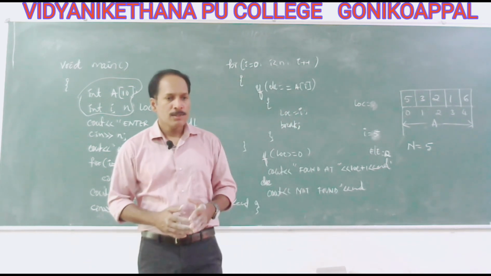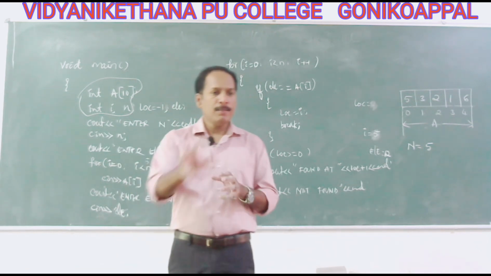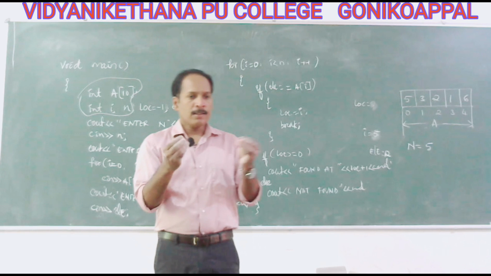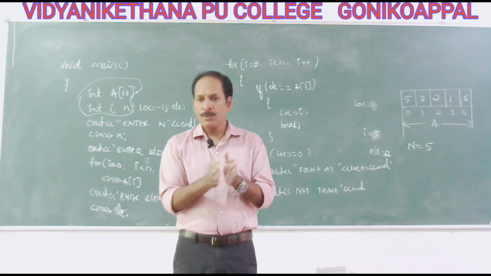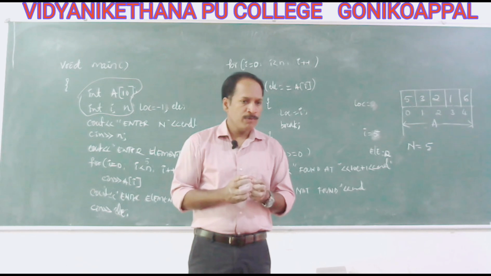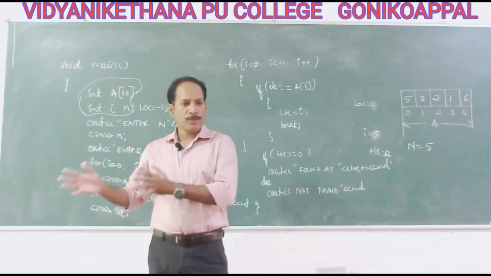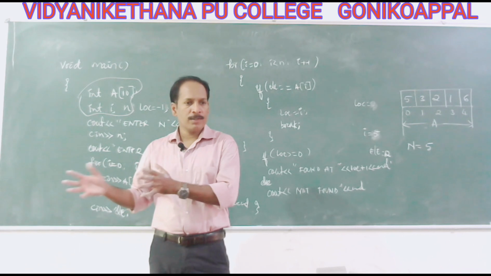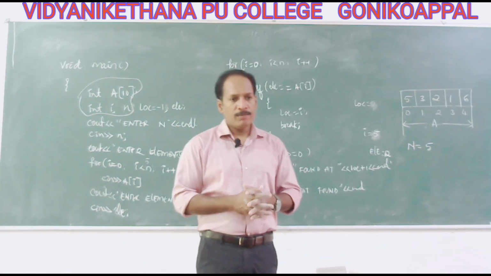In binary search, the element to be searched is compared with the middle element. Take the middle element and compare with it. One possibility is they are the same. If they are the same, the search is successful. We found the element and write down the position. That position is where we got the element. The middle position itself is where the element is found.